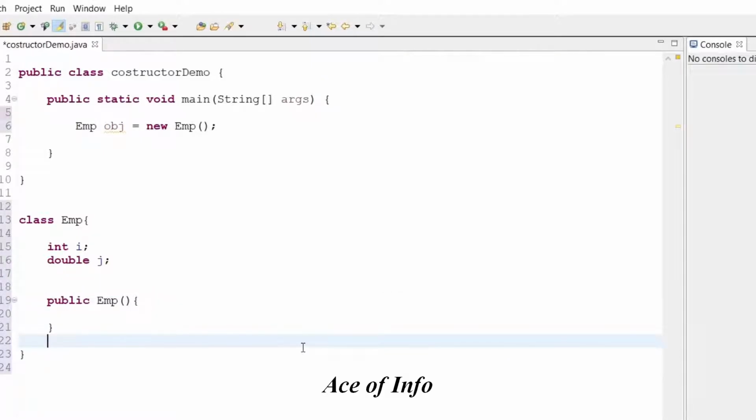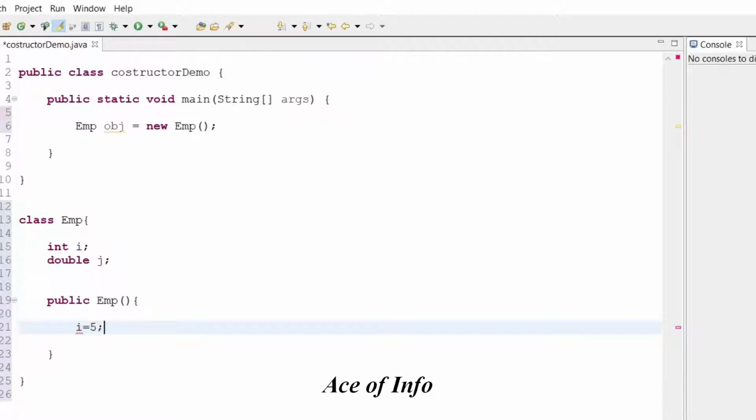Alright, now another additional use of this constructor is to assign values to the variables in the class. For example, we can assign values to this i and j like this. Let's say 5 for the i value and 10.5 for j. So that is one use of constructors.